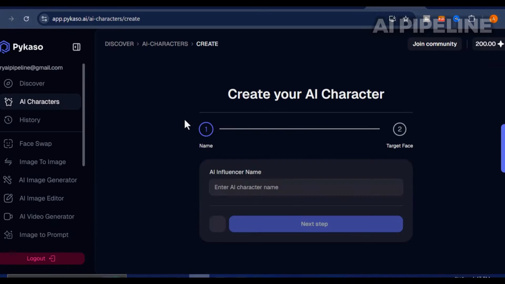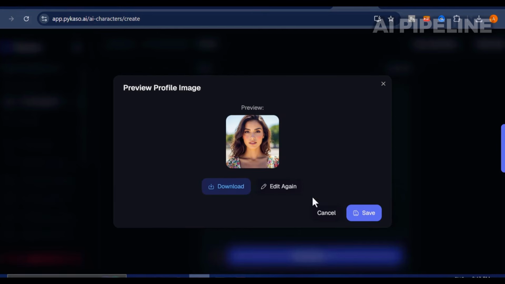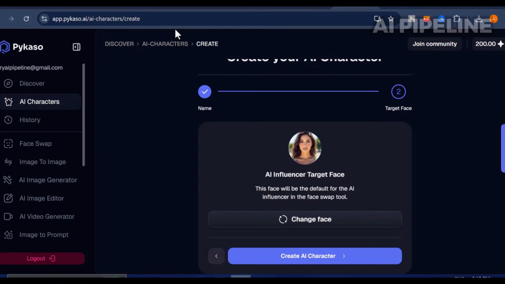Give your character a name that matches their style or personality. Then upload a clear photo of the face you want the AI to learn from. I used ChatGPT to describe what I want and used Google Whisk to create the image. Once the image is uploaded, click Train. The tool will ask you to upload at least 10 more images to better train your model, and just like